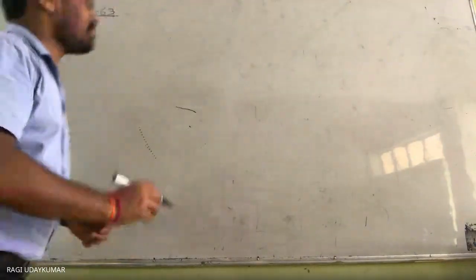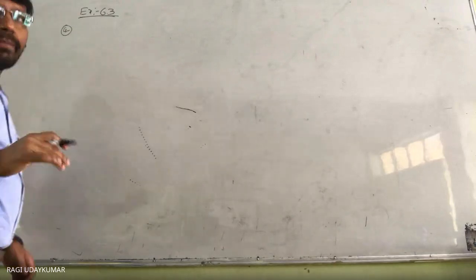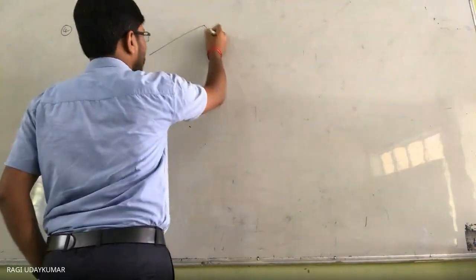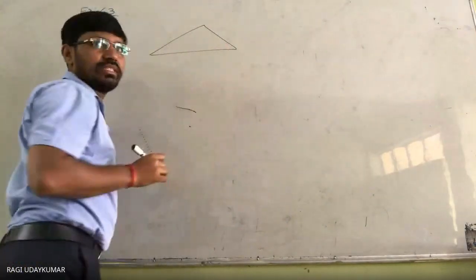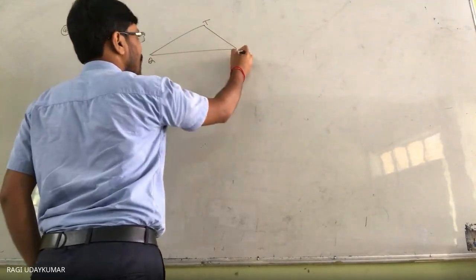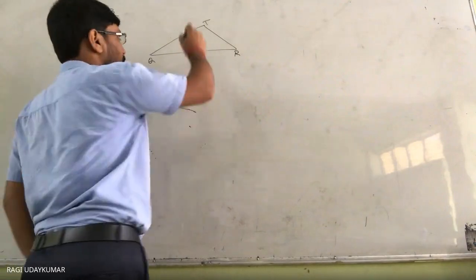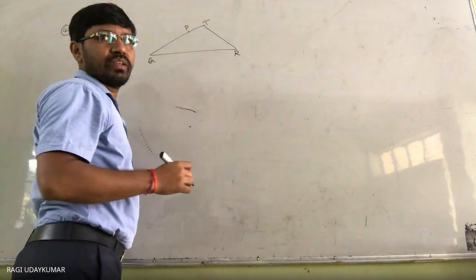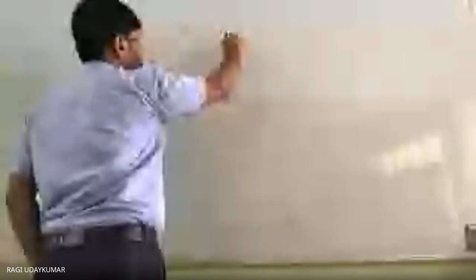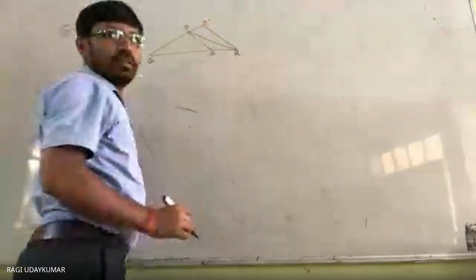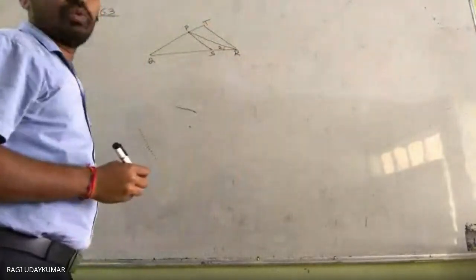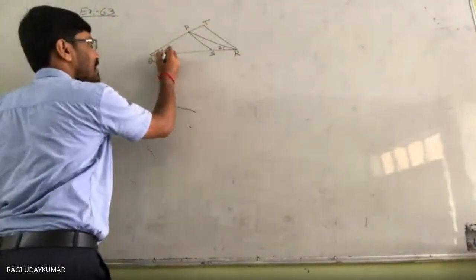Okay, the fourth problem you see here. For each and every problem, drawing the diagram is compulsory. So it is like this: a triangle TQR is given to you, and here the point P is given, and P to S and to R, and this angle is named angle 2, and here angle 1 is given.